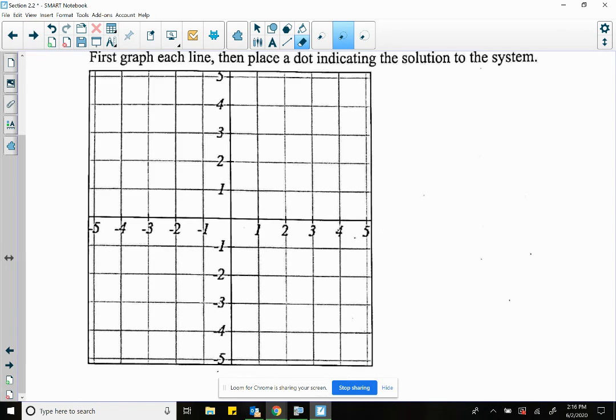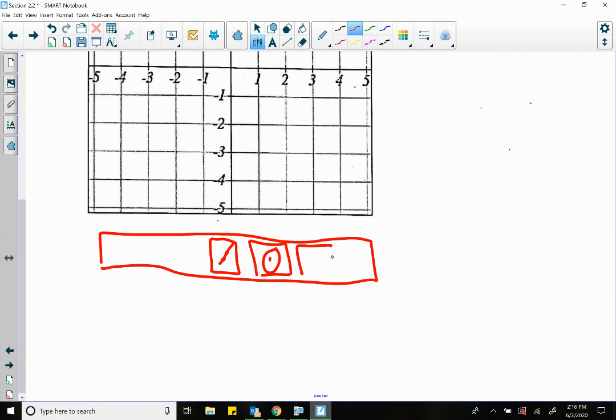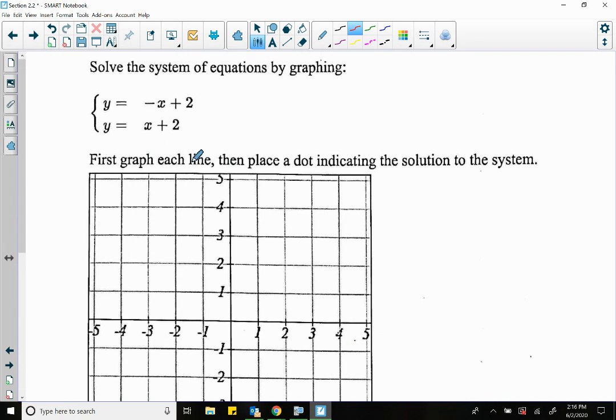So remember that when you graph, they love to give you the little bar that's down here. Okay. And you've got the line tool. You've got a circle tool. You've got the quadratic. You've got a dot tool. And then you've got the word clear over here. So let's talk about how this is going to work. Because what they want you to do is they want you to graph the first line,